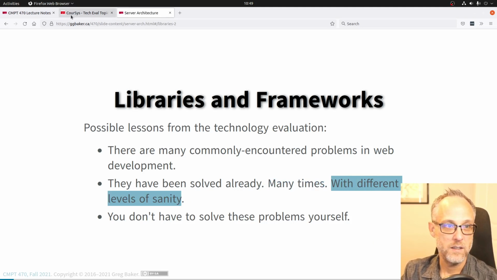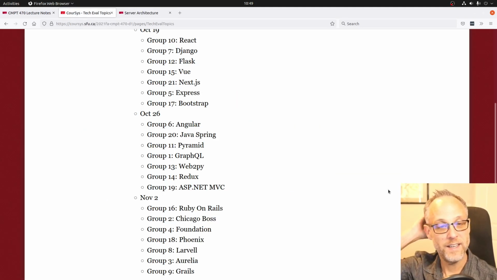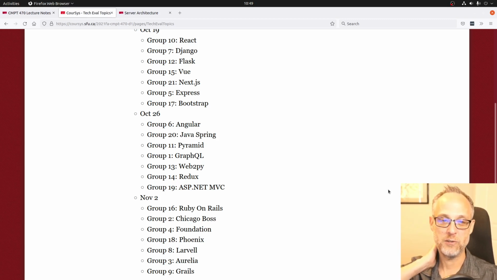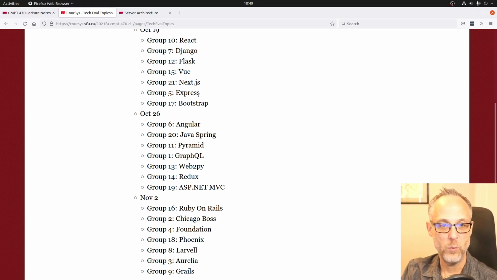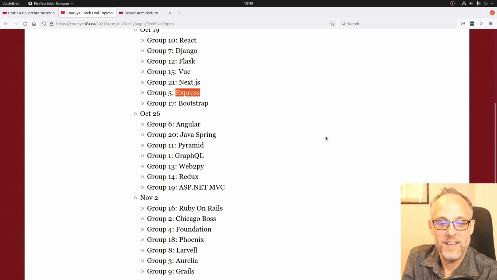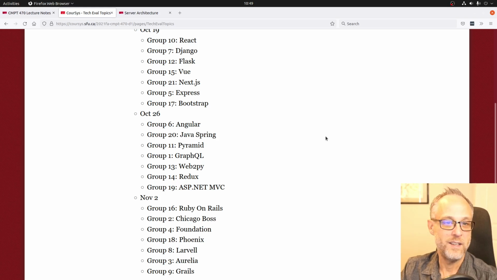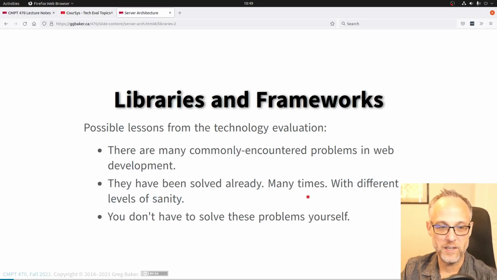Are they any good? Well, when giving these presentations, some groups feel some obligation to decide that their topic is good. We picked Express, so it has to be good. I think it's a totally reasonable conclusion from the technology evaluation that it's kind of annoying. I won't point at any particular one, but some of these frameworks are not ones I would ever choose to do work with. But the point is, they exist, and code that somebody else wrote